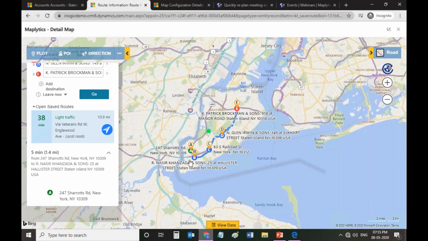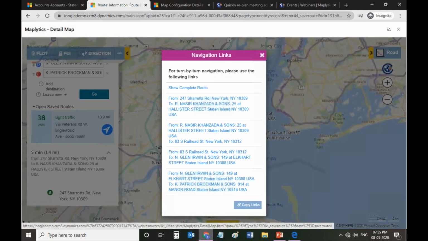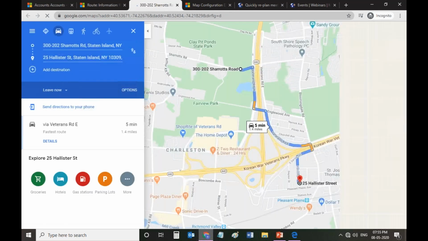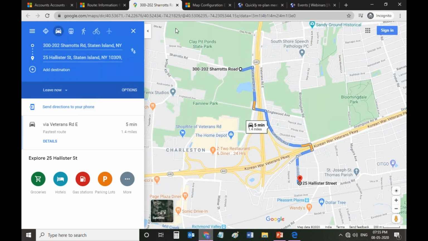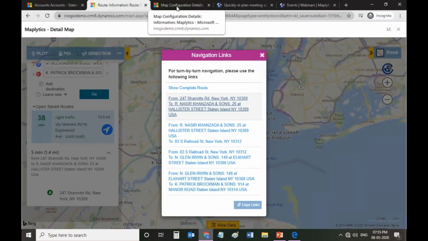You can see the route has been plotted, and he can simply click on this redirection button, and this will give you the redirection links for the turn by turn navigation. If I click on this, it will let me go to Google Maps to see the turn by turn directions. Right, and here we have added another option of another app, which is called the Waze app, WAZE.